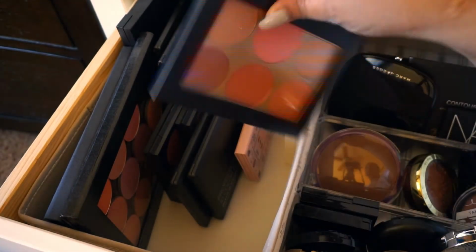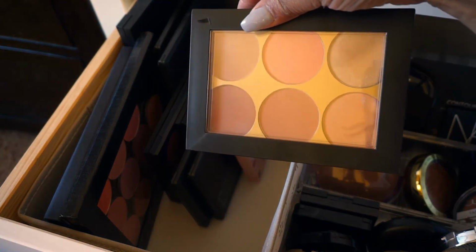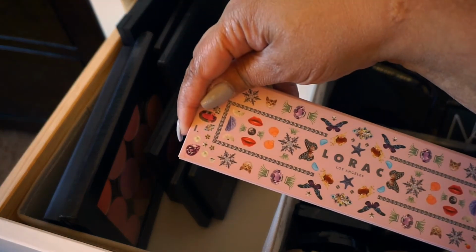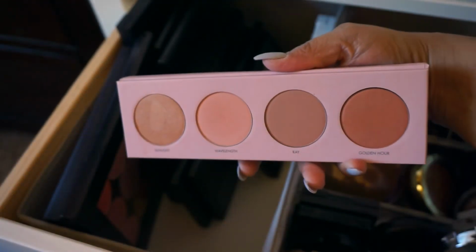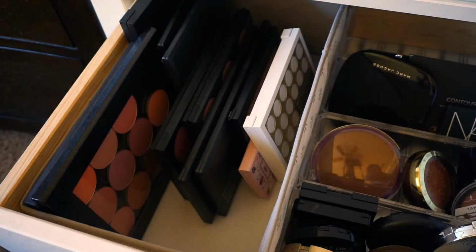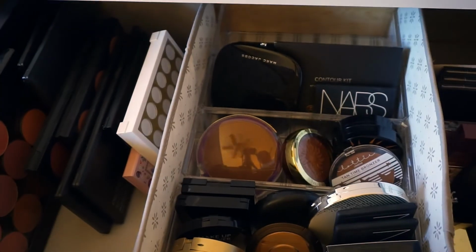I have BH Cosmetics. I have Sephora, the Lorac, which this is really pretty. And I also have the Urban Decay with Gwen Stefani. Moving over here